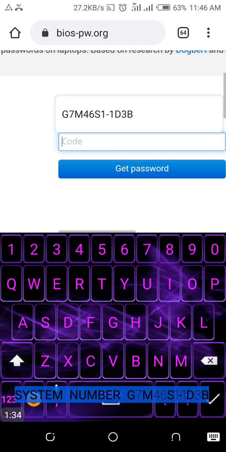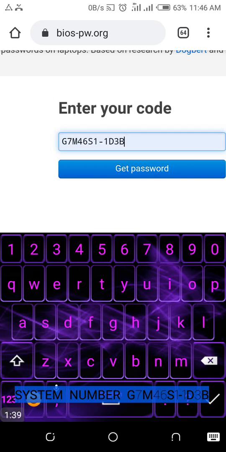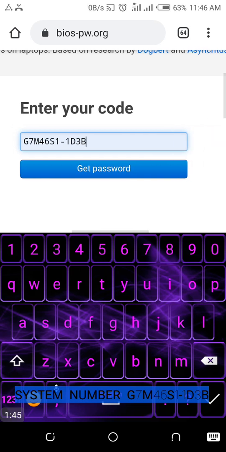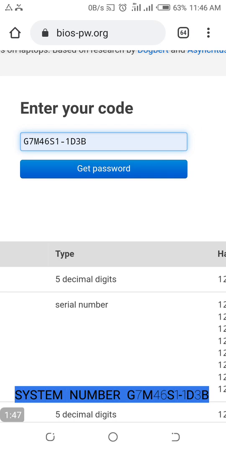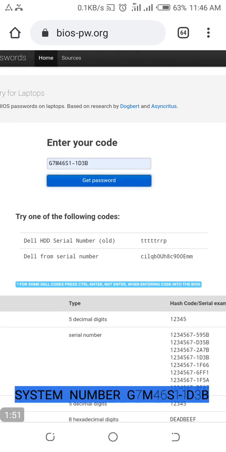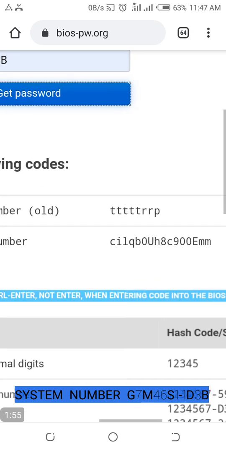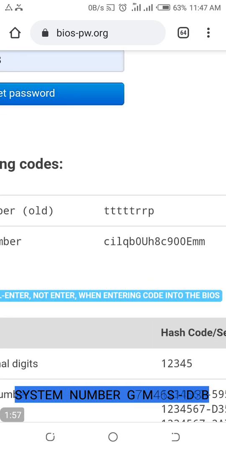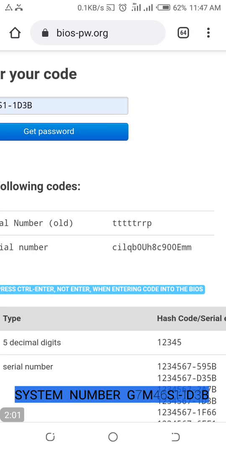system number. They call it a code here. What is the system number? I already entered mine, it is that one. Enter yours, the one your computer is showing you. Enter it here, and then you tap get password. They might bring more than 2 options, but they brought for me these 2 options. The first one, which has TTTRP, failed to work, but the second one, CIL, this one